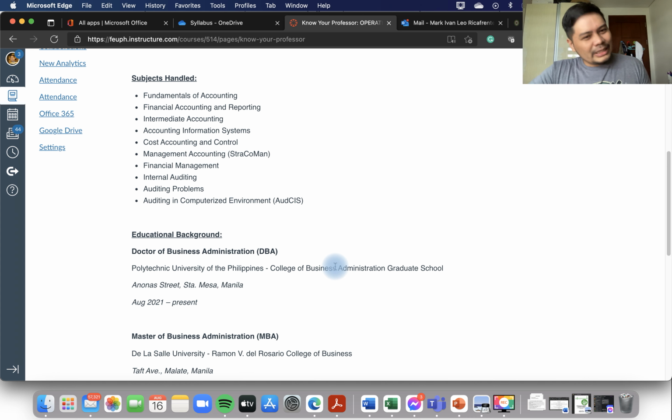In UP, their PhD is okay, but there's a disconnect. The PhD in UP is good, but if in the future you will be teaching economics, or want to become a researcher or econometrician, it's okay. I moved to PUP for practical reasons, more applicable to the skillset I have now. And hopefully, if I finish, the research concepts I learn from PUP, I'll also be teaching it to you, or some of your future